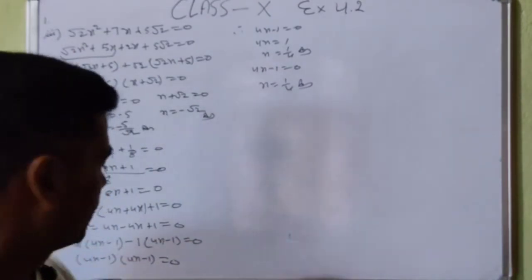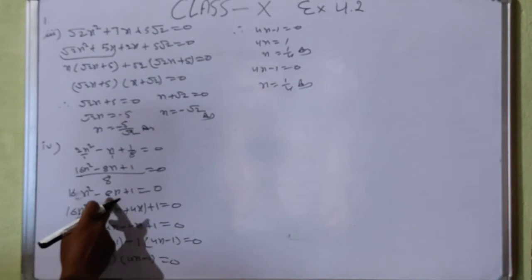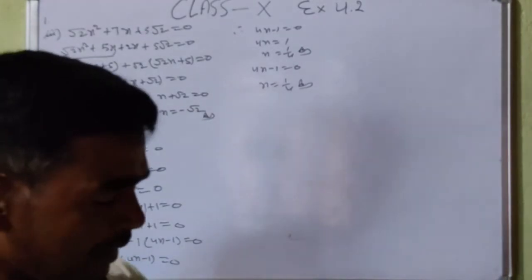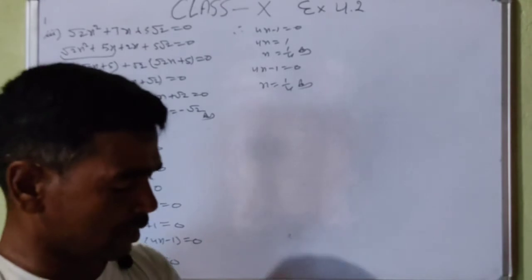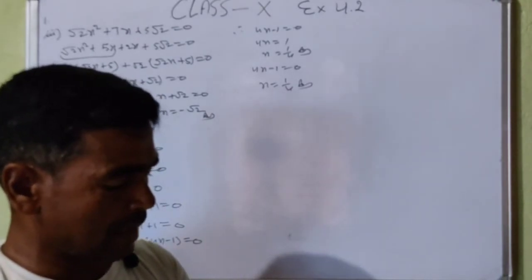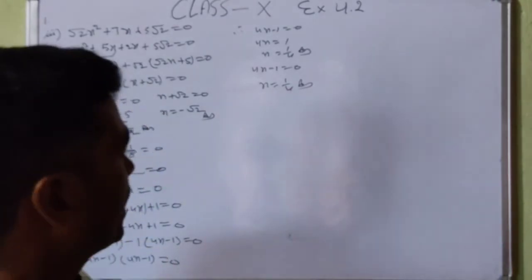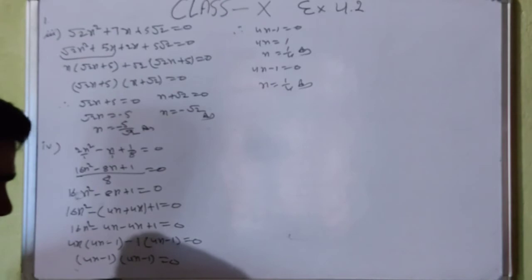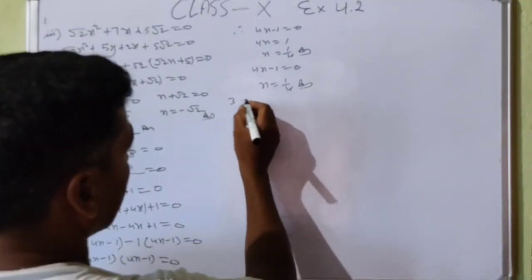Fifth question, similarly you will do. 16x square minus 8x plus 1 is there, and here 100x square minus 20x plus 1 is given. Now the word problems, and then second question, solve the problem given in example 1. So in example 1, given the question, similarly you will do by splitting the middle term. And then third question